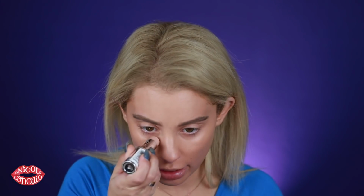And the other new product we have, the second new one, is foundation sticks. And I am a big foundation stick fan because you can contour with them, you can highlight with them, you can conceal with them. So that is exactly what we are going to be doing today. This right here is the Hydro Boost Hydrating Foundation Stick, and we are going to be going in with the shade Buff, and I'm going to go in under my